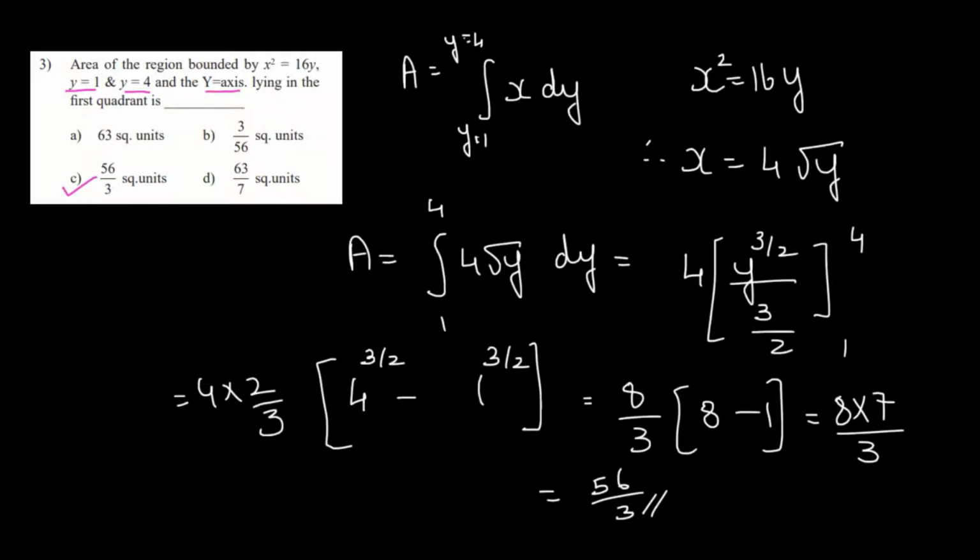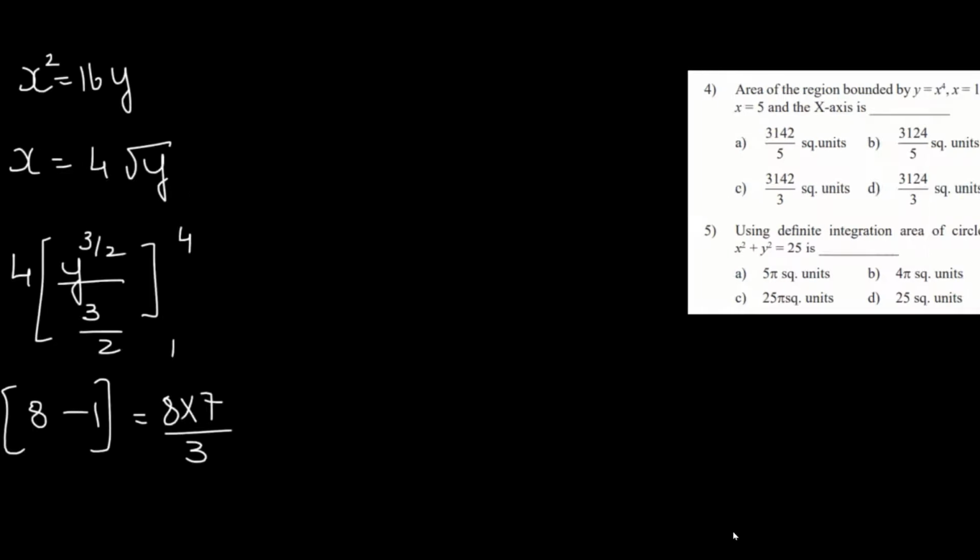Now the next sum. Here the fourth and the fifth sum, both of them have been done earlier in the exercise. So you can refer to the previous lecture where we did the exercise, or the previous to previous lecture as well, and find the answers for these two questions. They have been done earlier for you.